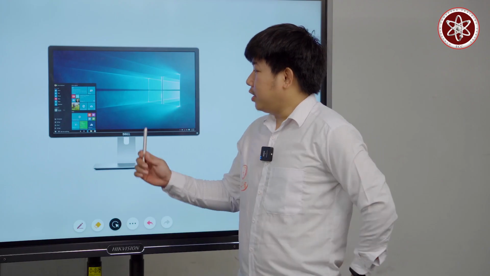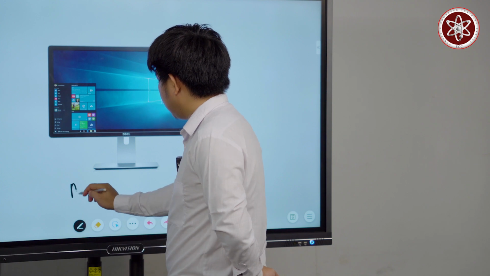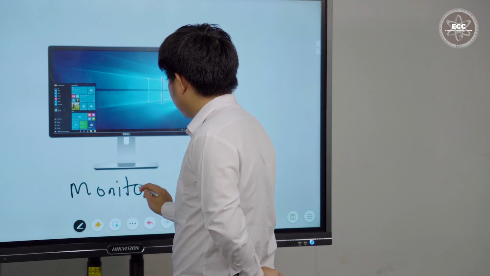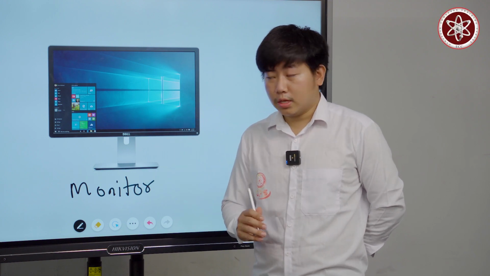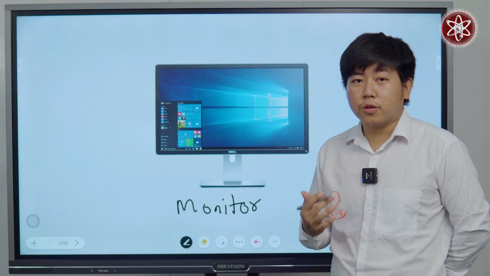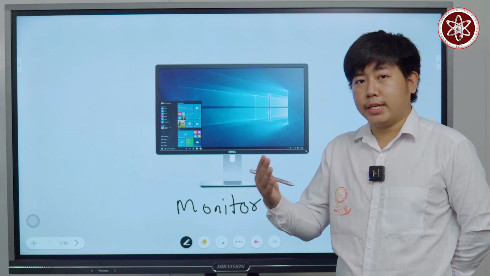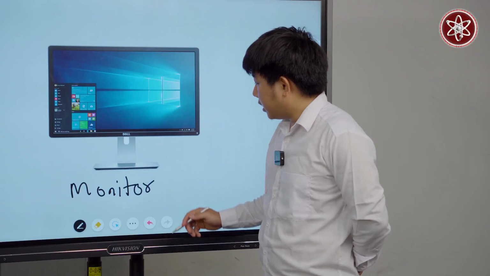I'm your computer science teacher, and today you're going to learn about computer components. So first thing first, this is called a monitor. A monitor is what you use to interact with the computer. This display shows the user interface so that you can interact and use the computer the way you like. And the next one